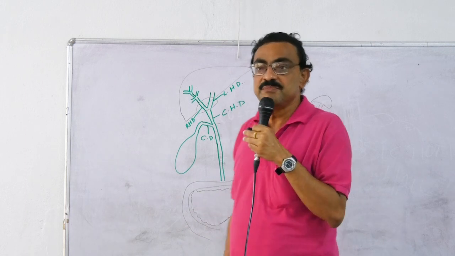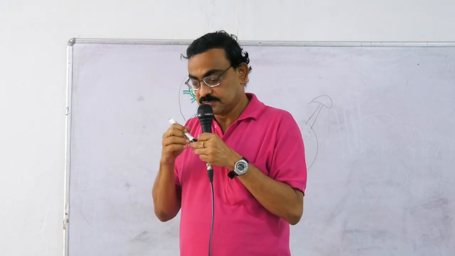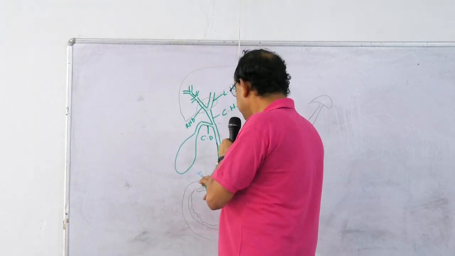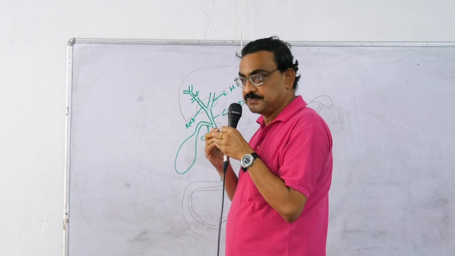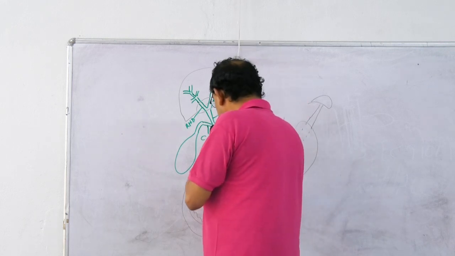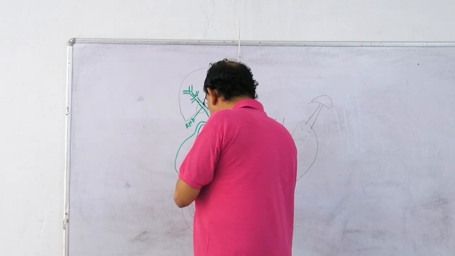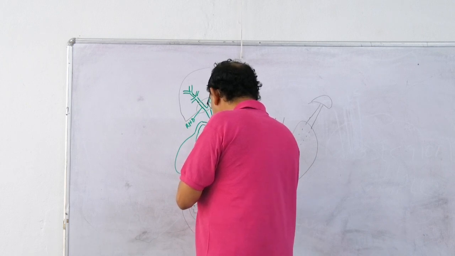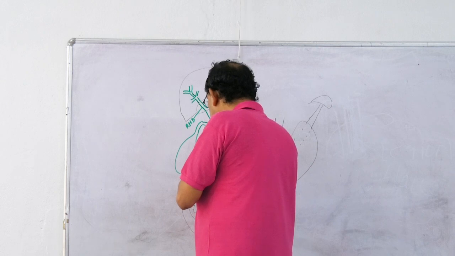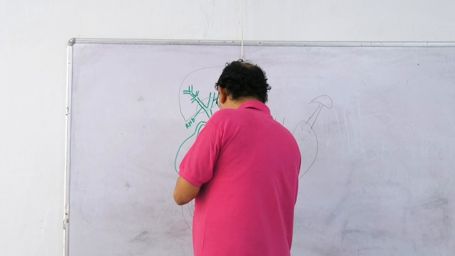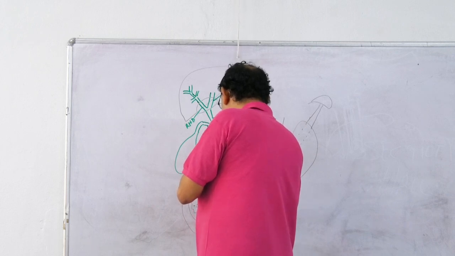That is nothing but the pancreas. Now, suppose this is the first part of the duodenum. So, behind the first part of the duodenum, it will come down and pass behind the head of the pancreas